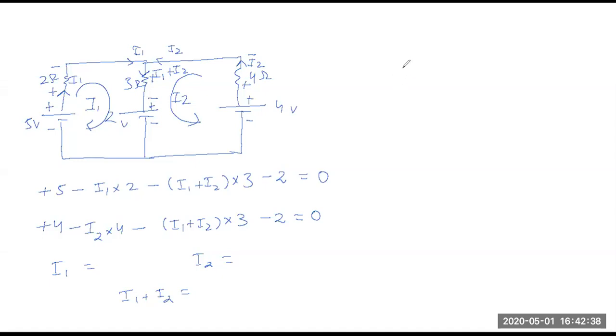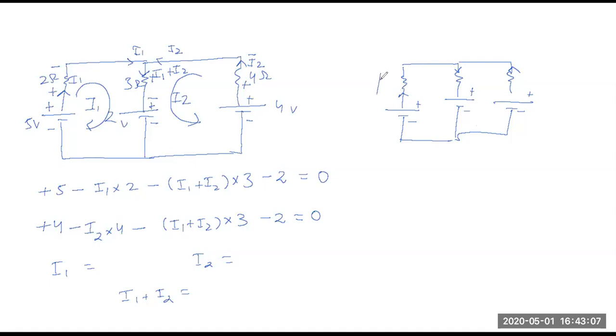Okay, student asks how I take those signs? See. If you are getting confused in taking signs on the go, right, then what you will do is this. Let's say you have assumed the direction of current here, I1. Here it's some direction, and here you have taken direction like this, right? So always do one thing. Here it's minus, here it's plus. There is no question about it. Here it's minus, here it's plus. There is again no question about it. Here is minus, here it's plus.